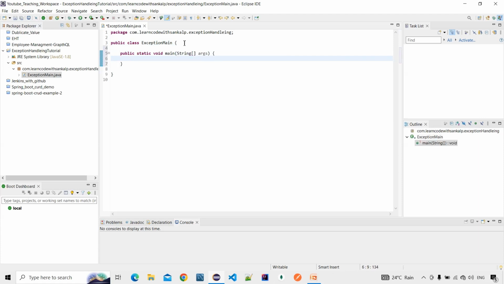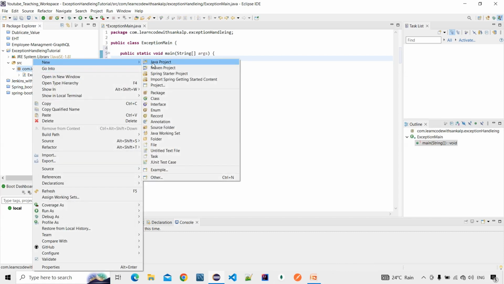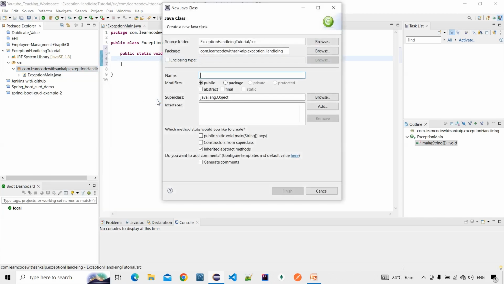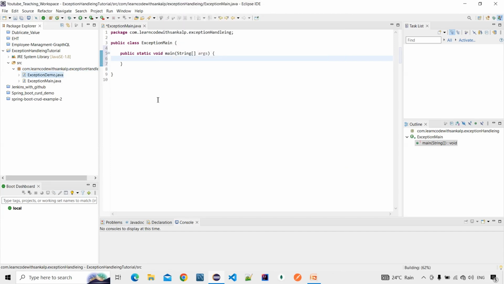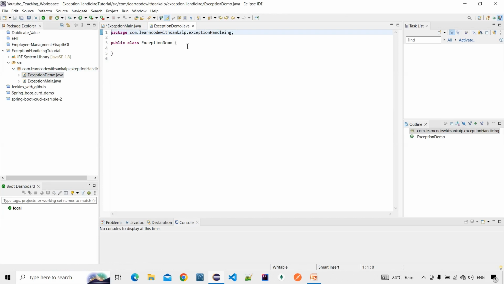Okay, this is the main method, guys. After creating the main method, we are creating another class like the exception demo class. Inside that class, we are writing some logic. So, exception demo. Okay, and here we can create one method like